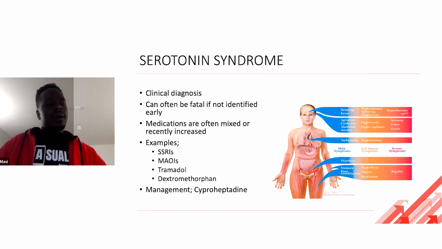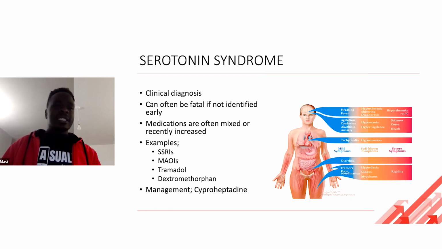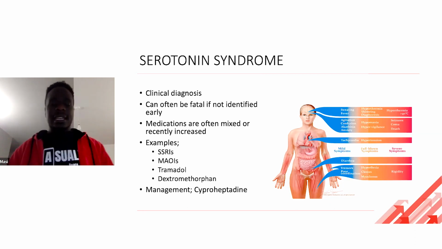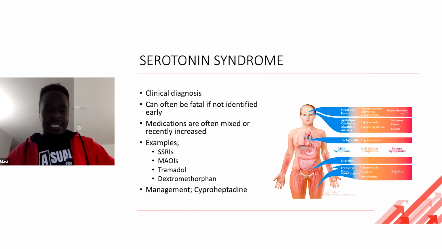So remember, with increase in severity of poisoning, there's also increase in manifestation of the symptoms. For example, your neuromuscular symptoms, you'll have tremors, and then later on you'll have hyperreflexia and clonus and myoclonus, and then later on you'll have rigidity. Remember, cyproheptadine is our